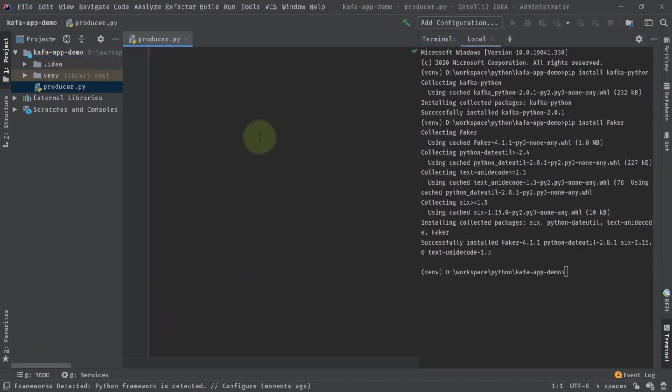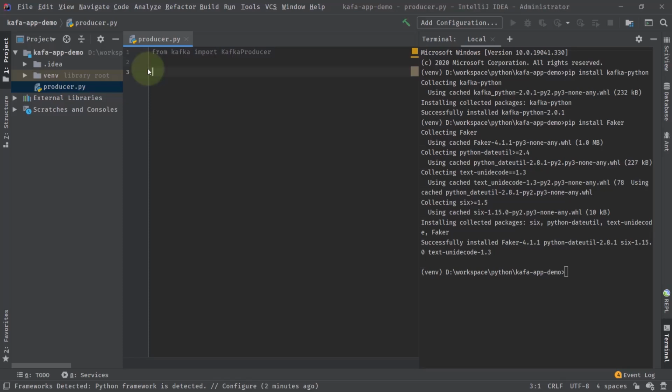Now I'll be coding here in producer.py, and the first thing that I need to import is from Kafka. As we have installed Kafka Python, this gives us from kafka import KafkaProducer. Let's define the Kafka producer, and we know that for defining a Kafka producer, we need some config values, which are basically the bootstrap server and the value serializer, because we always want to send the data in the serialized format.